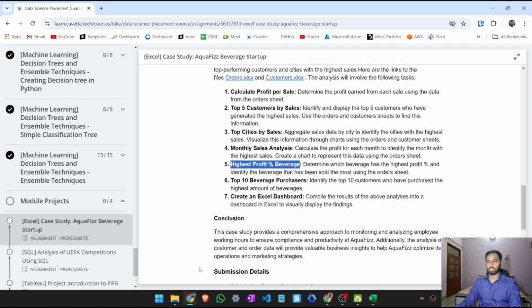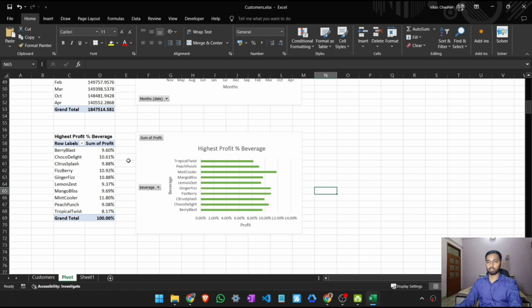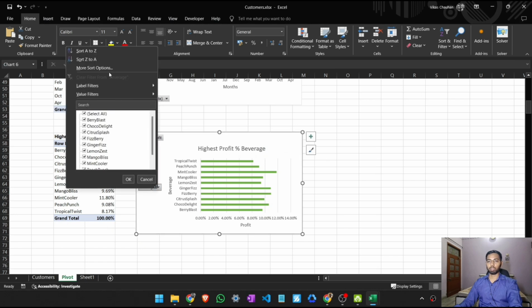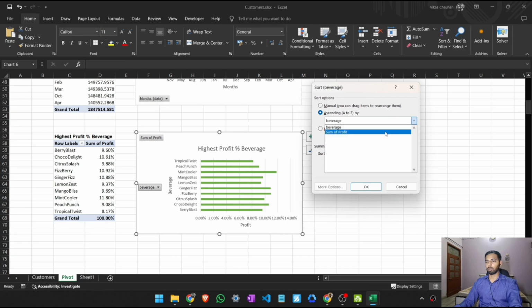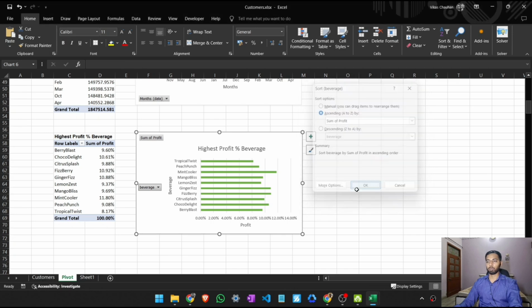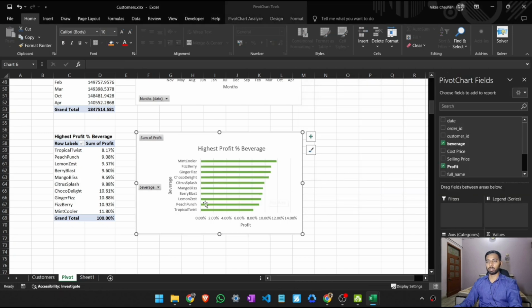Now let's check whether we have to sort this or not. So we have to identify the beverage that has the highest sold. Okay, again we will sort this by sum of profit. Here you can see